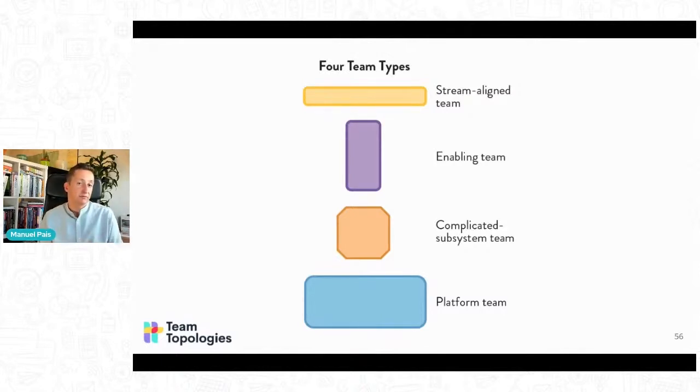And then the platform team is also usually critical. The platform team provides internal services as a product to the streamlined teams, which tends to start on the technical side. We tend to start with things like providing CI/CD, deployment pipelines, infrastructure provisioning, but always with a self-service approach, right? If we want to keep the streamlined teams going fast, they cannot depend on other teams to do work for them. They cannot wait for the platform team to do some deployment or provision some infrastructure. They need to be able to do that themselves. But the platform can be self-service and help them.